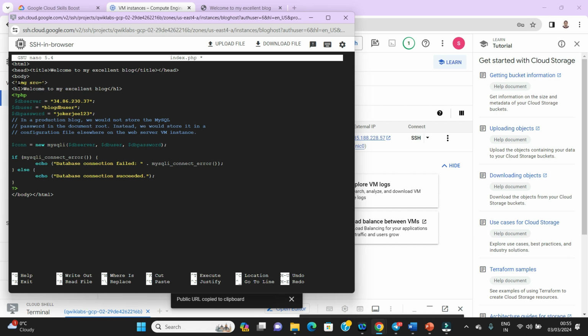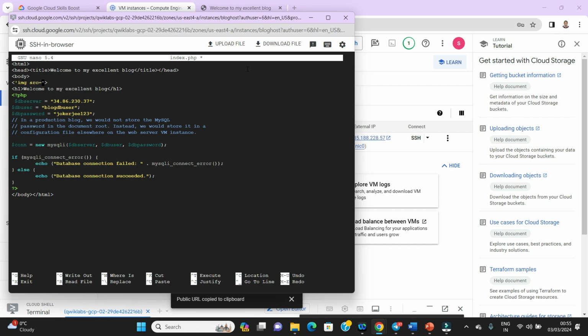If you remember, we went to the bucket, and then we went to the image, and I copied one URL, that is the URL of that image. Now I need to paste that URL here.